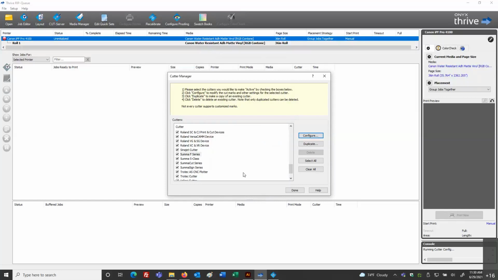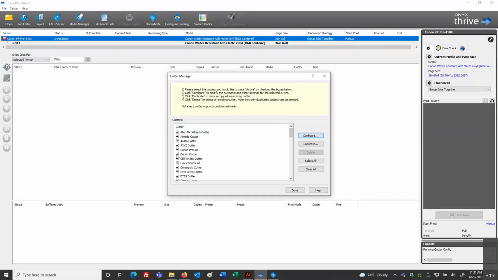Okay, now, if you ever come across it where when you go into your quick sets and you go to select that cutter pull down window where it says none, and you only have like one or two choices there, and you don't see all these others, it just means that someone's gone in and unchecked these cutter models so that you don't see them. Obviously, we have a lot of cutter models we support, and you might say, well, I'm only a GraphTech and I'm only a Summa or whatever model you have. Do I really need to see all these other ones? Well, no, you can turn off the checkboxes.